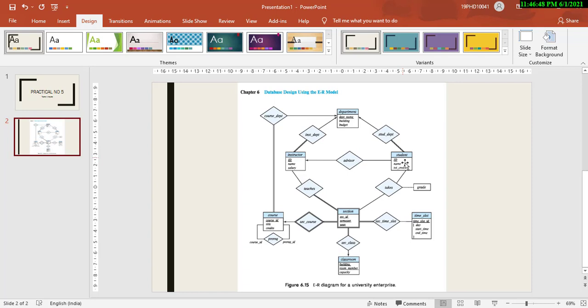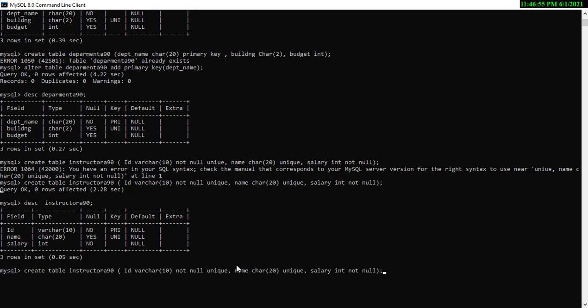We are going to create a next table. Let us see student: ID, name and total credit. So I'm going to utilize ID, name and total credit, and instead of instructor I'm going to write student A90, ID, name, and instead of salary it is TOT underscore CRED.